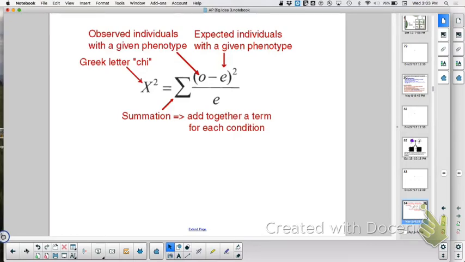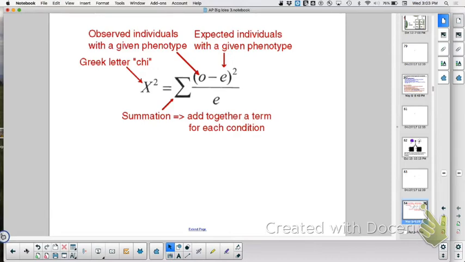Because all you're doing is taking what did I see over what did I expect? Missed expectations, okay? How much am I off, right? Square it and put it over what you expected. Do that for every single data point, add it up, and see if it falls within what's acceptable, right? And so we accept 0.05, right? That is okay. But anything after that, if we look at our degrees of freedom, remember, on the chart where